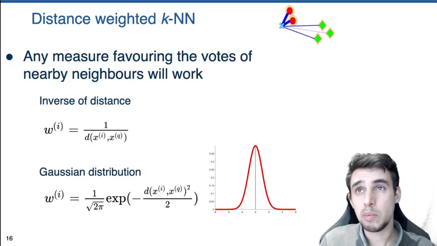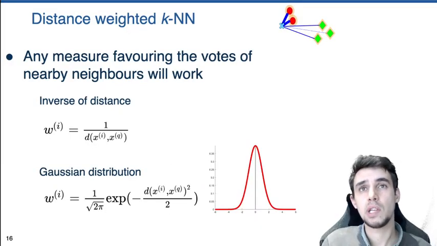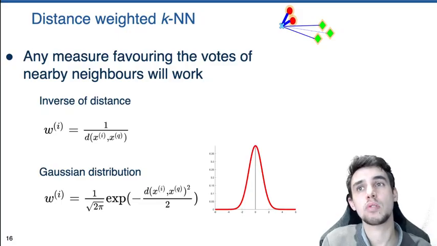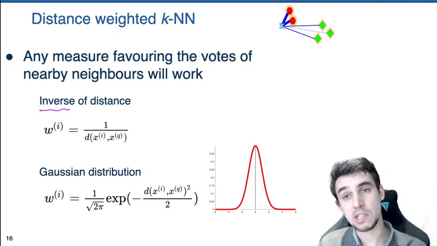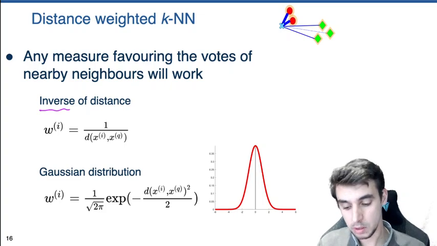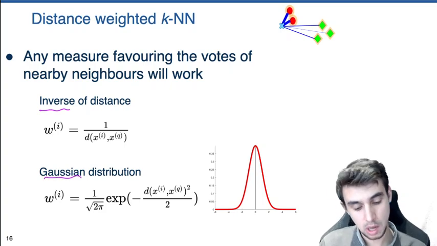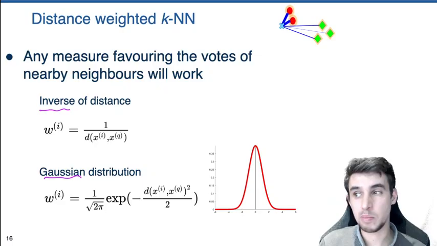Because we have a distance-weighted k-nearest neighbor solution, we need to define how the weights depend on the distance. In this case, any weight function that favors samples closer to the sample we want to classify will work. Typically, a very simple inverse of the distance will work, but we can also use a Gaussian distribution like the one displayed in the picture here,